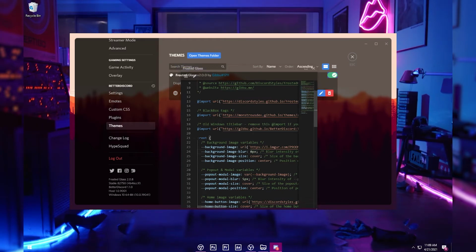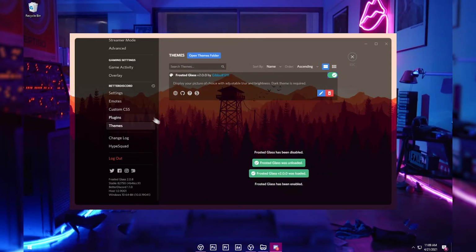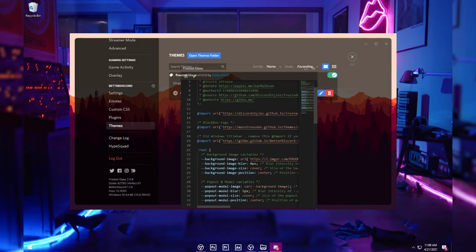You want to type 0 and click save, and as you can see there's no blur on your image. You can also add blur, let's say 10, you can do that, but I'm gonna leave it as 5. So I'm going to type 5, click save, and there you go.